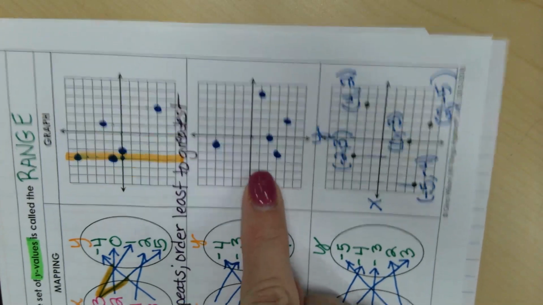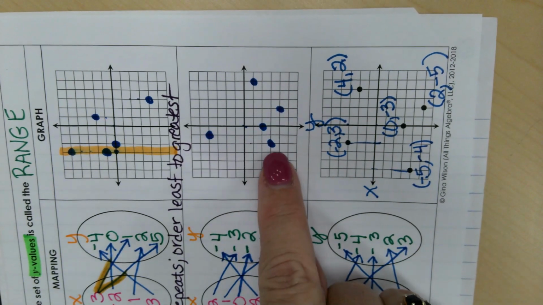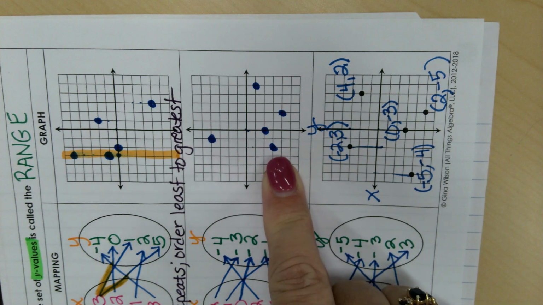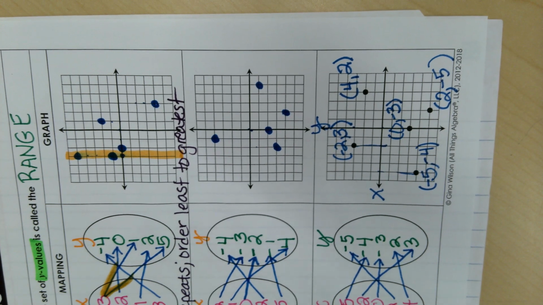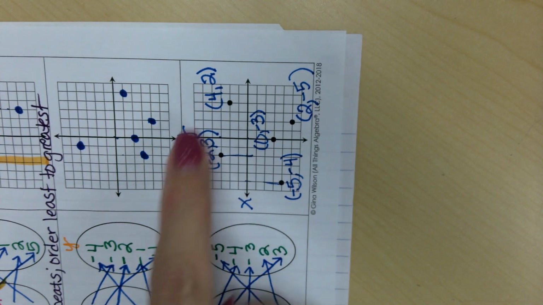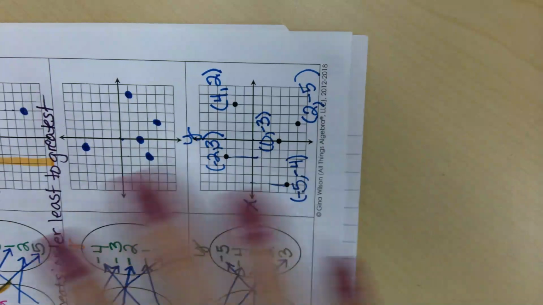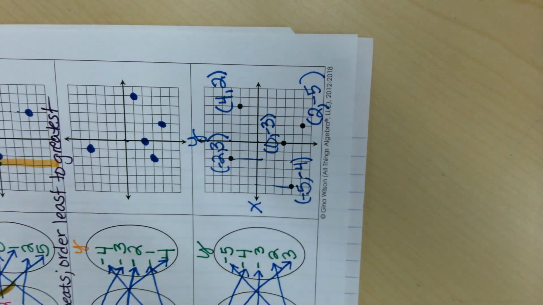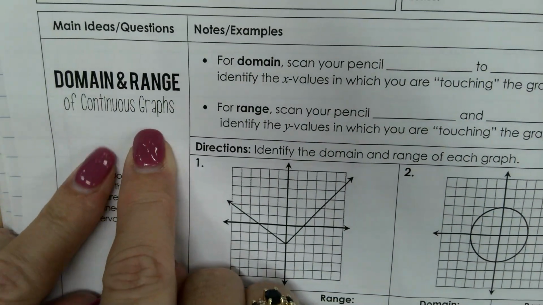So remember, see this graph right here? This is discrete. It means I can count 1, 2, 3, 4, 5. There's 5 ordered pairs. This is a discrete graph. And we found the domain and range of these by finding the ordered pairs. The domain is -2, and the domain is 4, and the domain is 0, and the domain is -5. So we know the domain and the range of these ordered pairs because they're a specific spot on the graph. All right, well, today we're going to find domain and range of continuous graphs, and it's